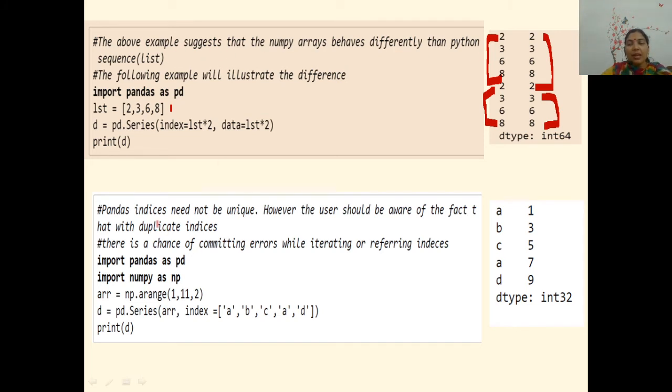It is not necessary that pandas indices be unique.